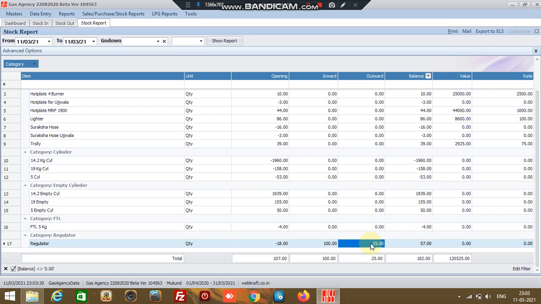Similarly, 25 defective regulators were returned, hence there is 25 outward delivery of regulators. Opening stock, add inward minus outward will give the balance as usual.